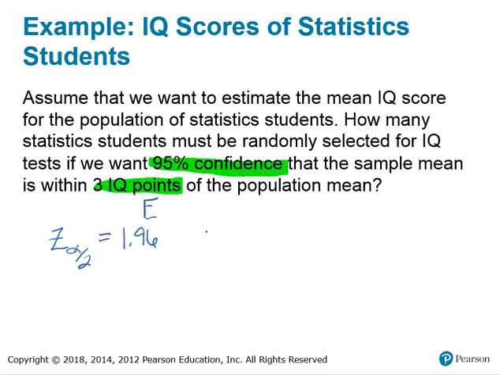Because our alpha level is 0.05, right? 1 minus 0.95 is 0.05. We're going to have to be within 3 IQ points, so our margin of error is 3. Now as I'm looking at this,